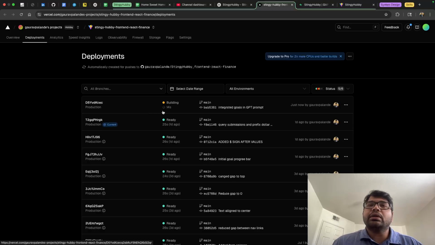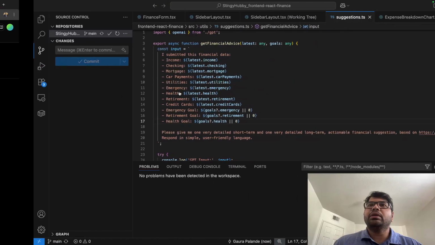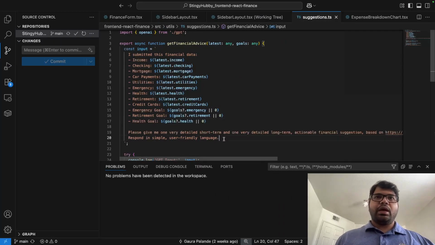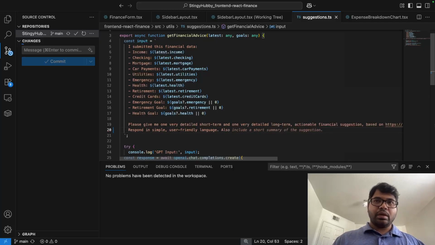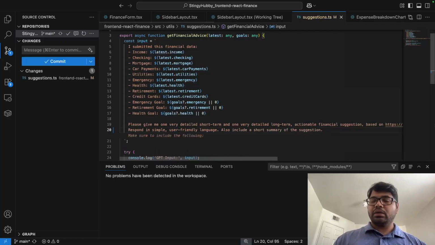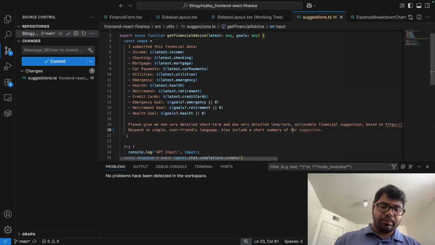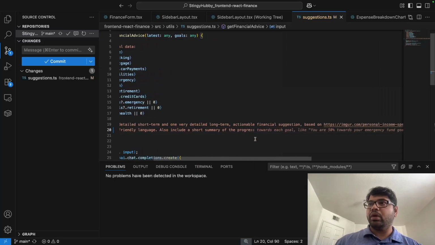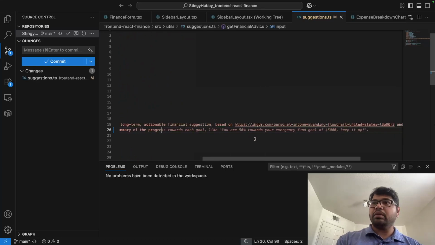I don't think that the GPT changes will be visible very clearly. Number one, we are not making any changes in the output. So let's see. Actually, let me think about it. I can also include a short summary of the progress towards each goal, like you have 50% emergency. Okay, keep it up. Okay, so I have added this part,